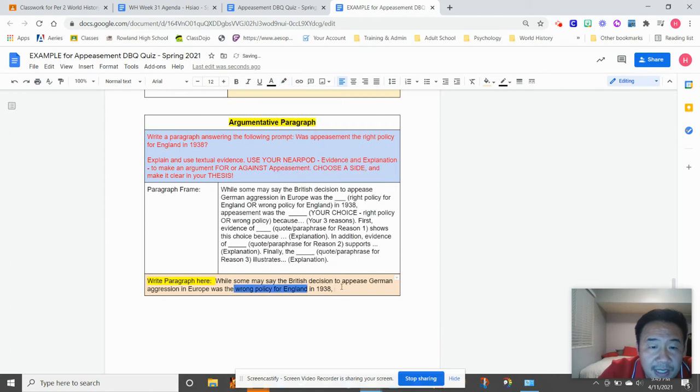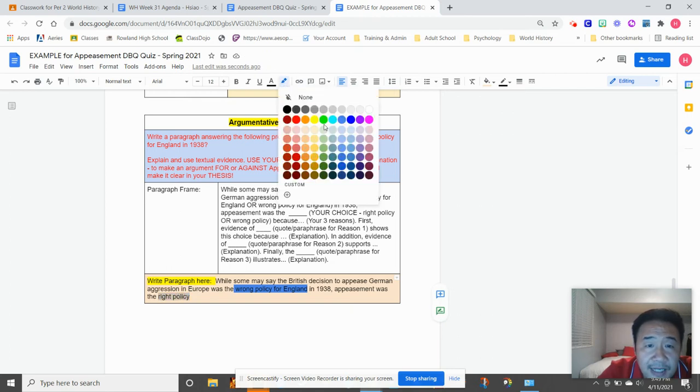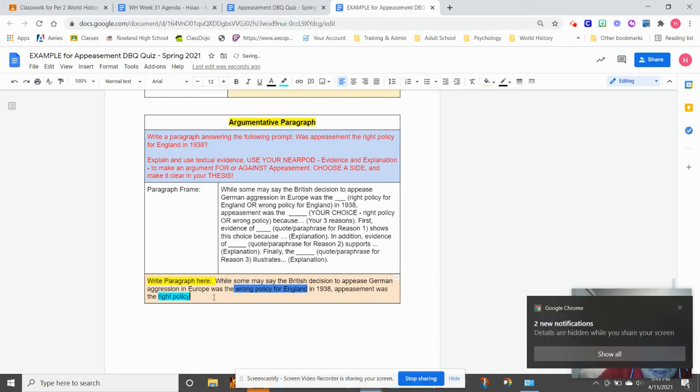So wrong policy in 1938. Appeasement was the right policy. Some may say the British decision to appease German aggression in Europe was the wrong policy for England in 1938. Appeasement was the right policy. So that's how we want to do that. I'm going to highlight that for you so you understand it. Was the right policy